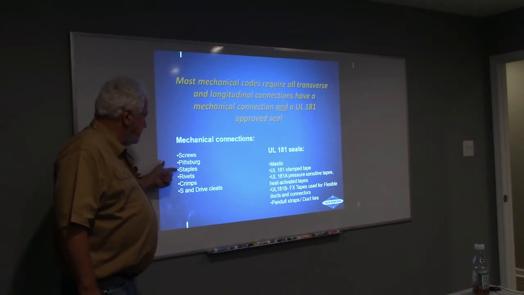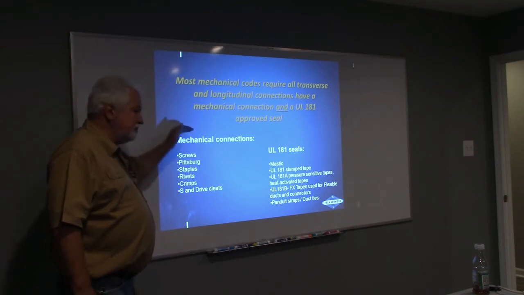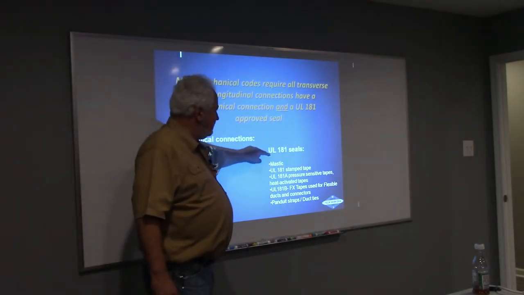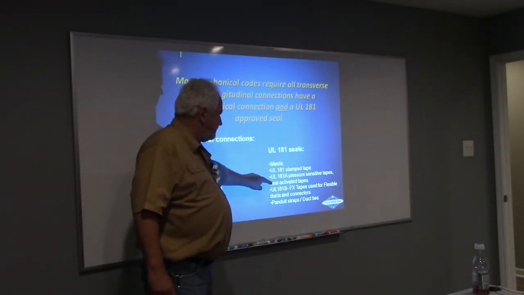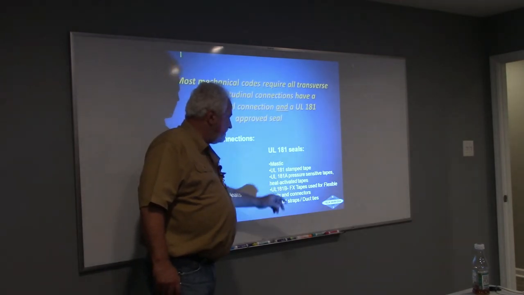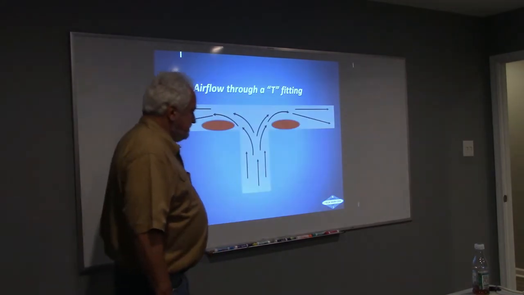Screws, Pittsburgh, staples, rivets, crimps, snap and drive joints, those are all mechanical connections. And your UL 181 seals are your mastics, the tape, the pressure sensitive tape, the heat activated tapes, Panduit straps, duct ties, that's all seals. So let's look at